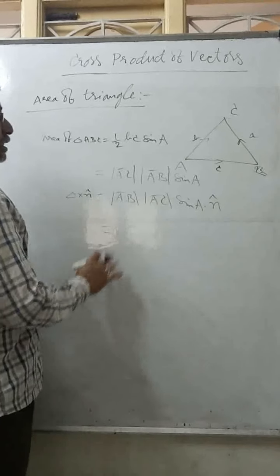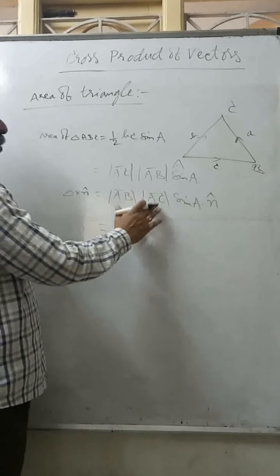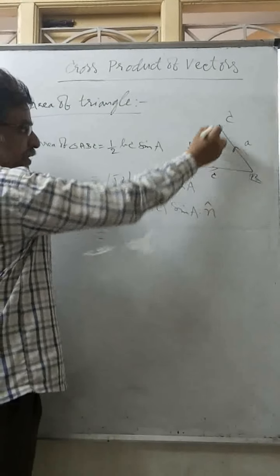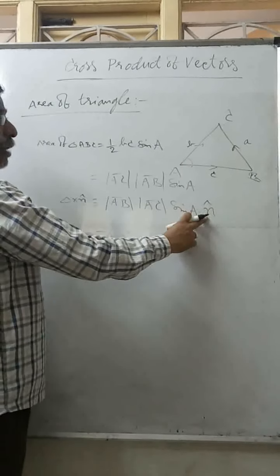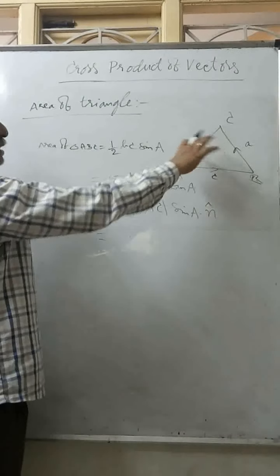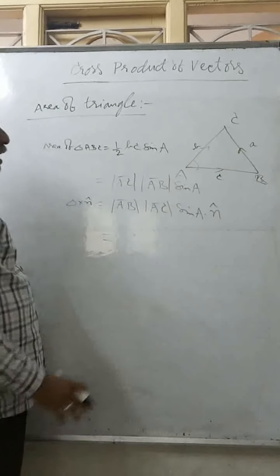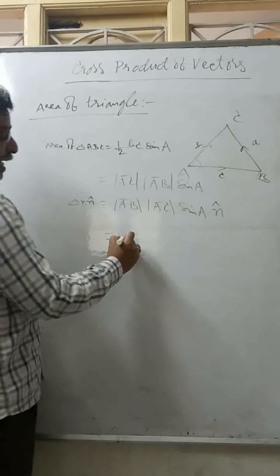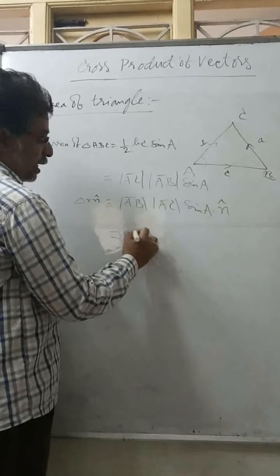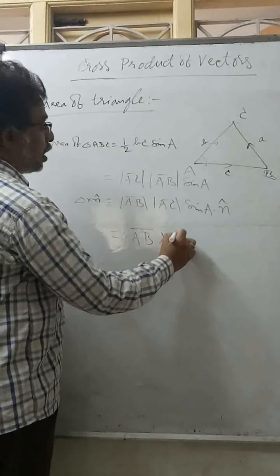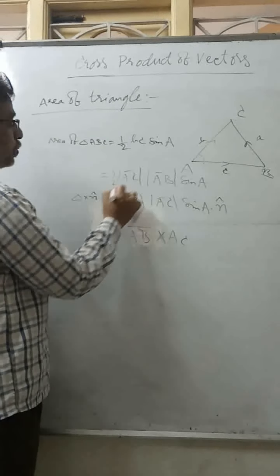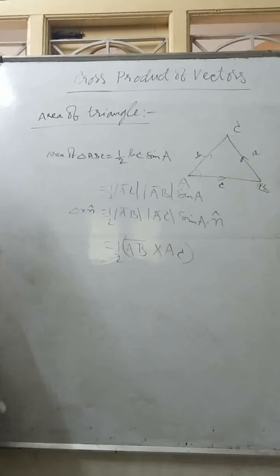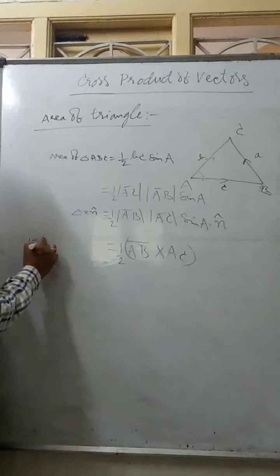Now if you observe, A is the angle between AC and AB, and n bar cap is a unit vector perpendicular to this area. So it is nothing but AB, AC sin A into n bar cap, which gives me AB bar cross AC bar. So half AB cross AC becomes the